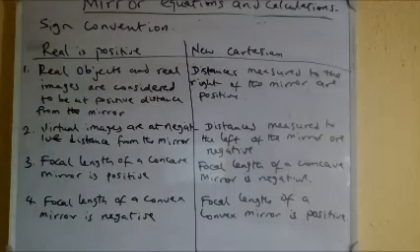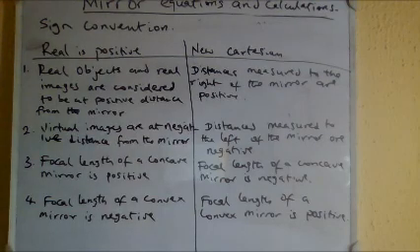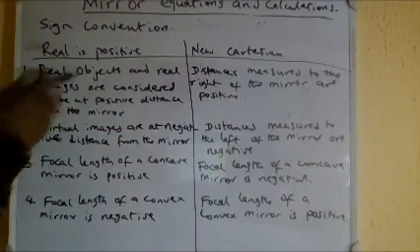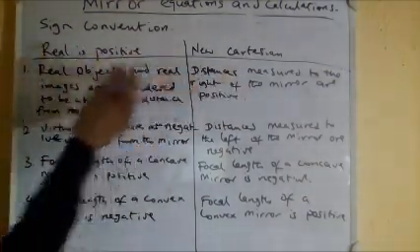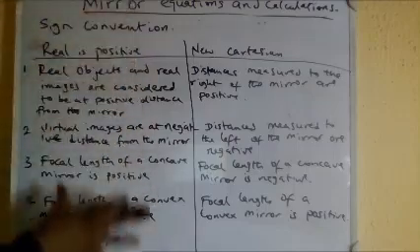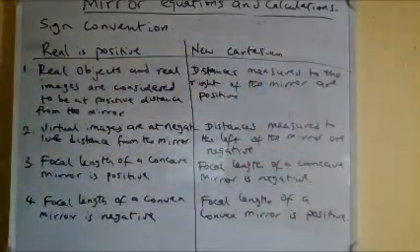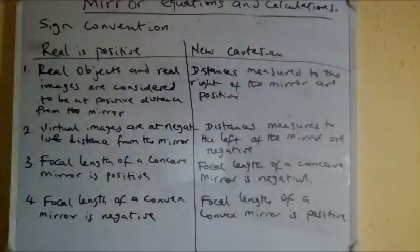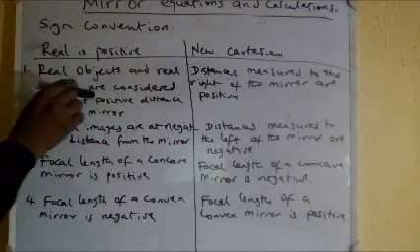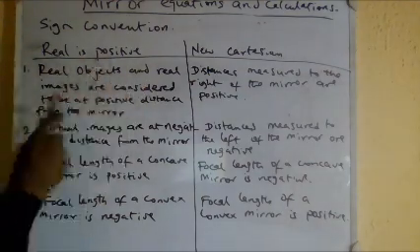Okay, so we have the sign convention on the board. This sign convention is actually used to do calculation. There are two popular conventions. Either you choose the real-is-positive convention, or you choose the new Cartesian convention. For the real-is-positive convention, we see that real objects and real images are considered to be at positive